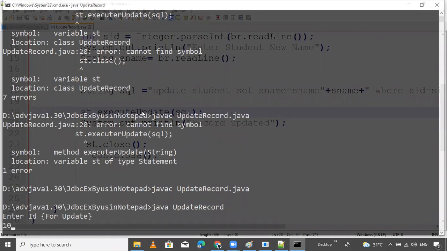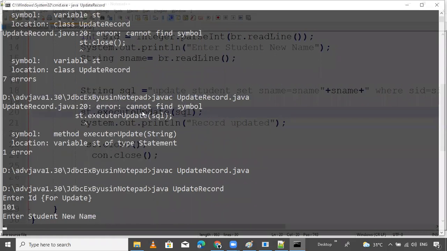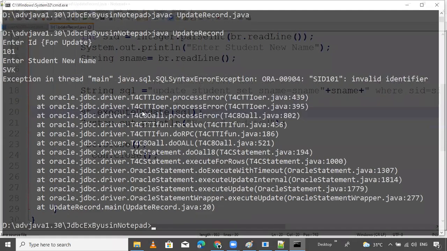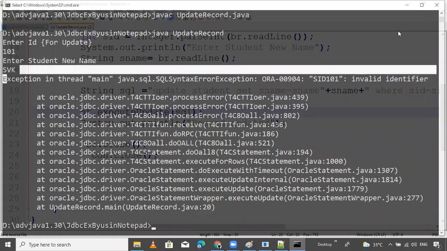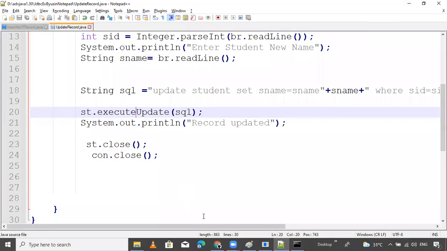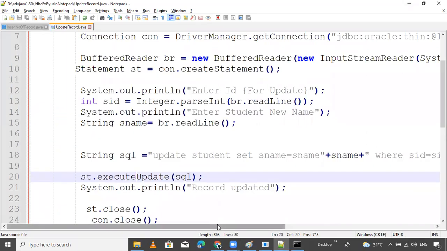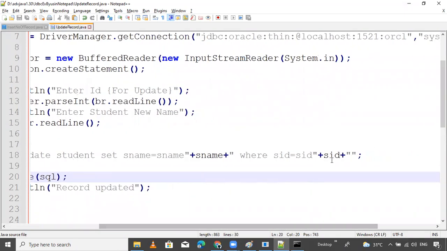Enter ID like 1, not I1. Enter student name instead of SBK. Now invalid SQL syntax error. Somewhere we made a mistake. Where SID, okay, let me check.